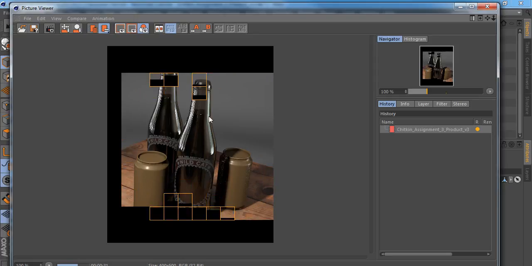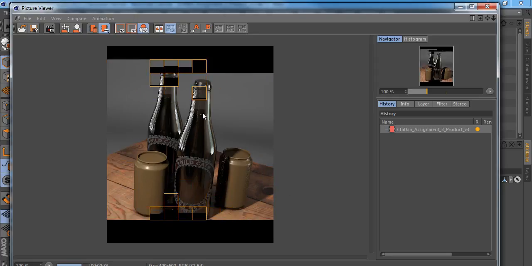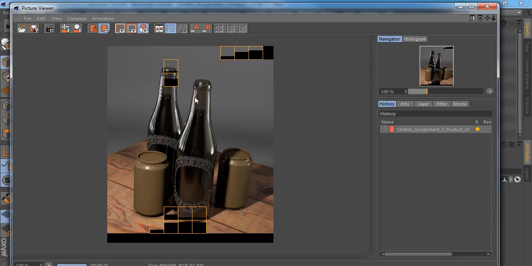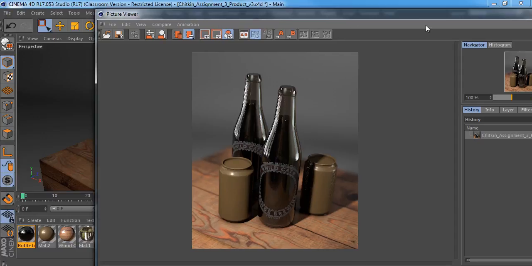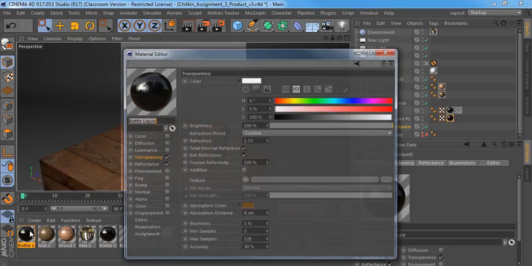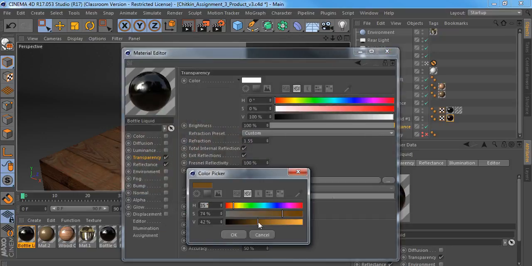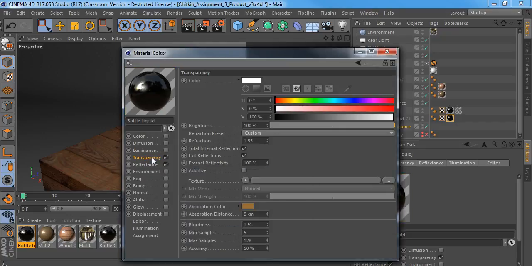Yeah, so we can see something that's definitely in there, because up here is the fully transparent glass, and down here is the not fully transparent glass, where the contents of the liquid are. So I think I'm happy as far as the shape of that goes. I might actually want to lighten that color a little bit. Just kind of tweak that to try to bring back a little bit of that